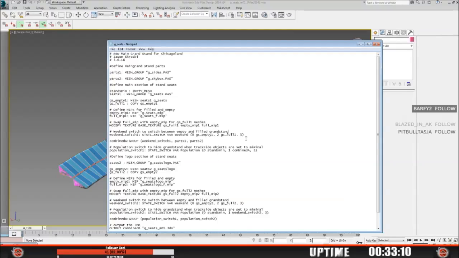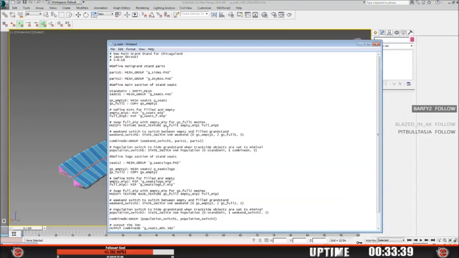And bear in mind, as far as the naming conventions for your stuff, it's just to make it easier for yourself to understand what is going on with your script. When you're constructing your script, make it easy to understand, if anything, for yourself. Okay, this is my empty MIP, this is my full, and this is what. And there's a flow to it, because you're defining everything as far as your pass file, the textures that are going to switch,